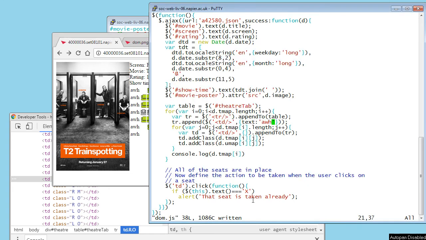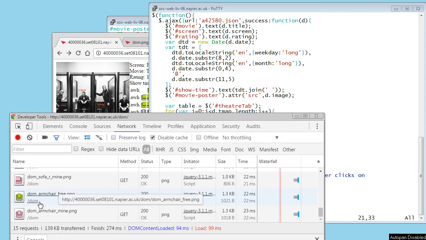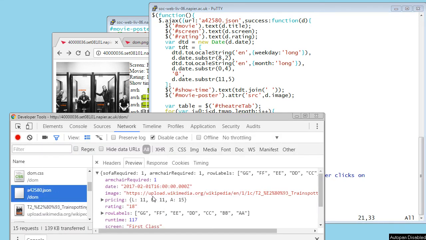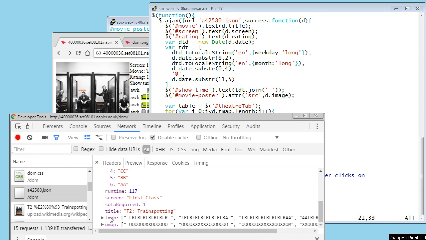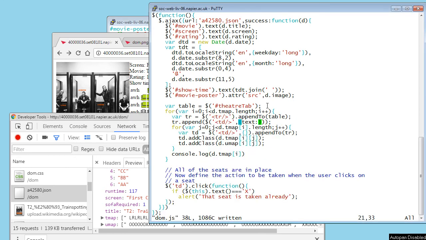Okay, it's not AWH that I want. What do I want? Well, I want to index into the row label array. Here we go. This row label array can be indexed by exactly the same variable that was indexing tmap and umap, which is I. So I can ask for row label I. So I is available and in scope, and that of course is d.rowLabel. And if that works,